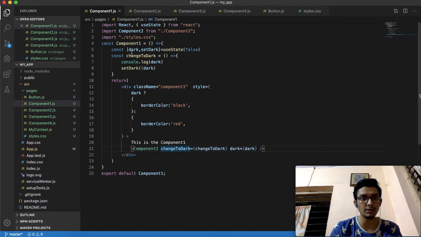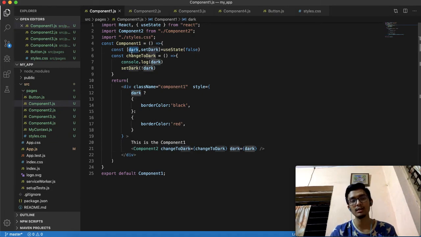Over here I only have one state value which is dark. If there are multiple state values, then we have to pass each and every state value and their functions using props. This was a huge disadvantage.